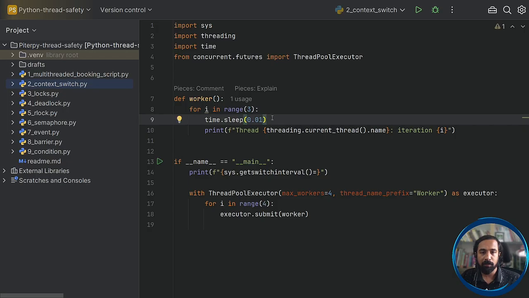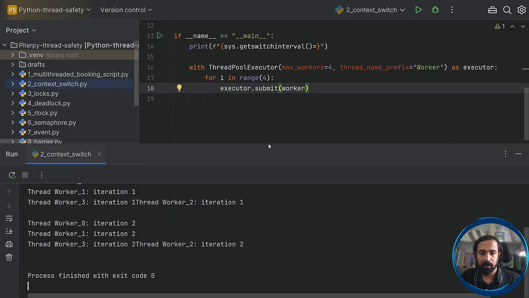It sleeps for a small delay, and then it prints the name of the current thread which is executing this worker function, and it also prints the current iteration i value. So we have created 4 threads. We have a thread pool executor with a maximum of 4 workers, and we are creating 4 threads which will execute our worker function concurrently. Let's run this and see what happens.